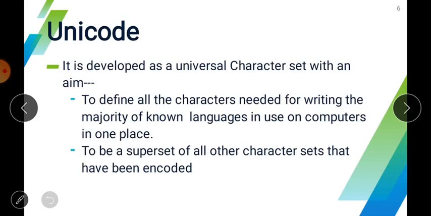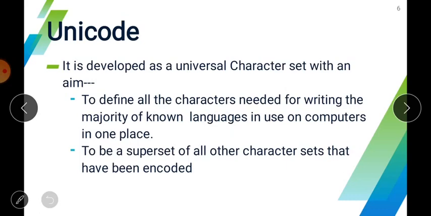These encoding schemes also conflict with one another, that is, two encodings can use the same number for two different characters or use different numbers for the same character. For example, the character code 0xFF represents ÿ in the West European code page, while the same code represents я in the Russian code page.